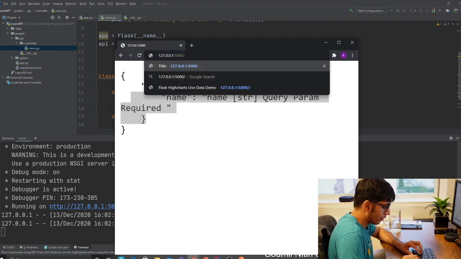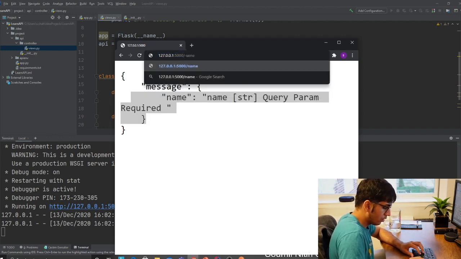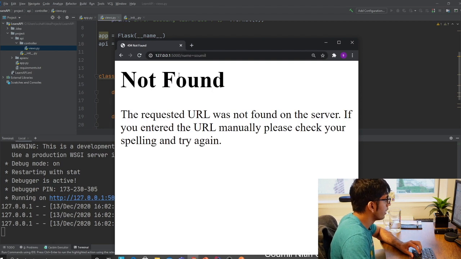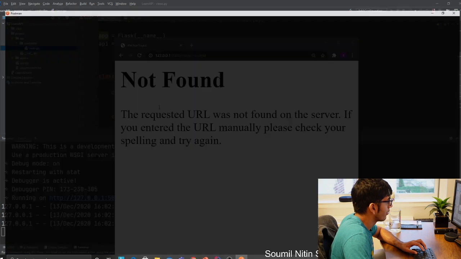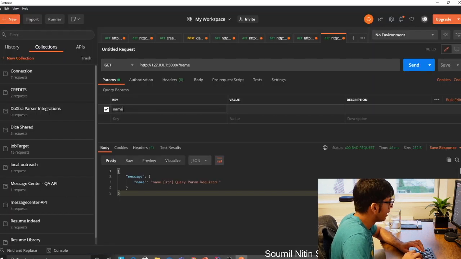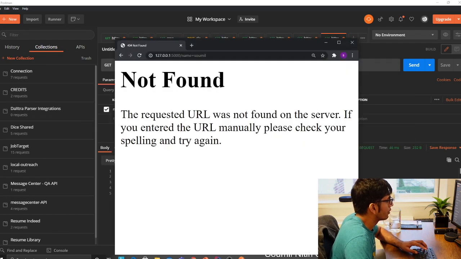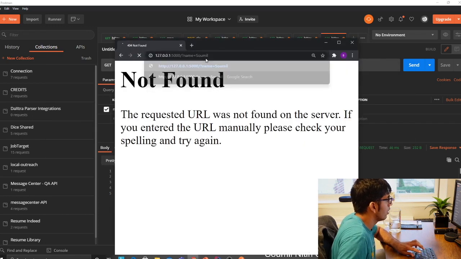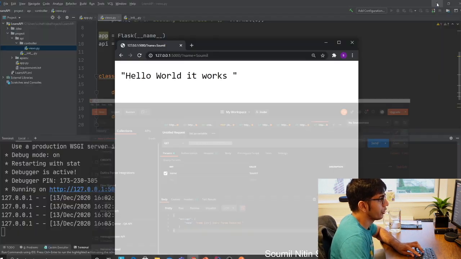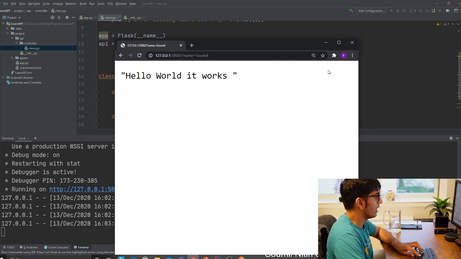So now let's try. I think that's the way. No, sorry, that's incorrect. Let me use Postman. Usually Postman is pretty nice. So that's the format. You have to say a question mark, my bad. And sure enough it works, right? You can pass a query parameter now. It's a required field. So that's that.